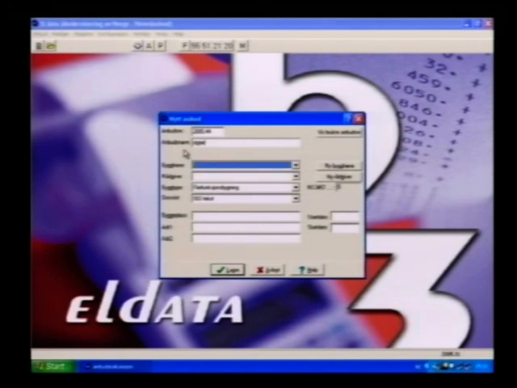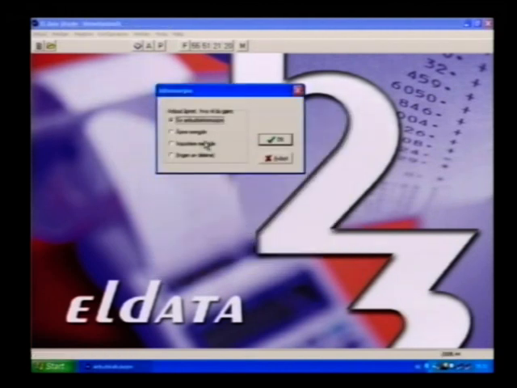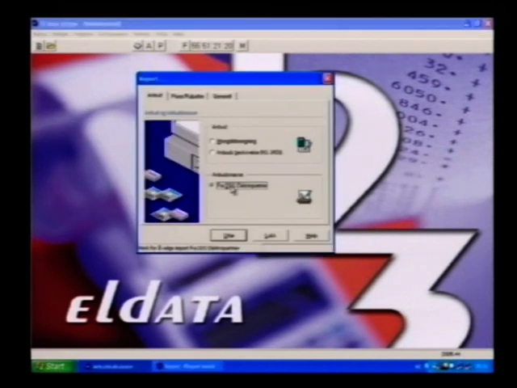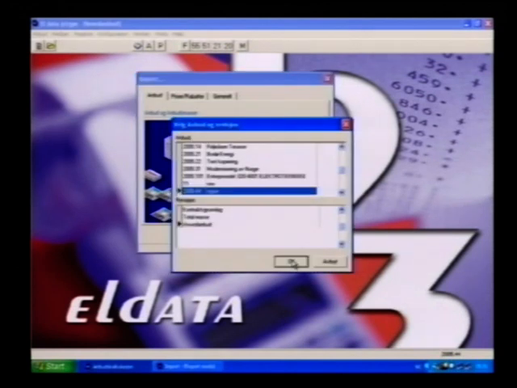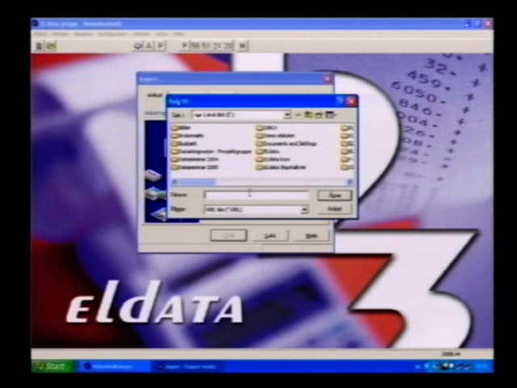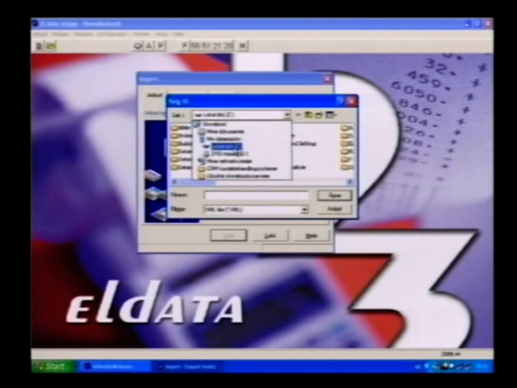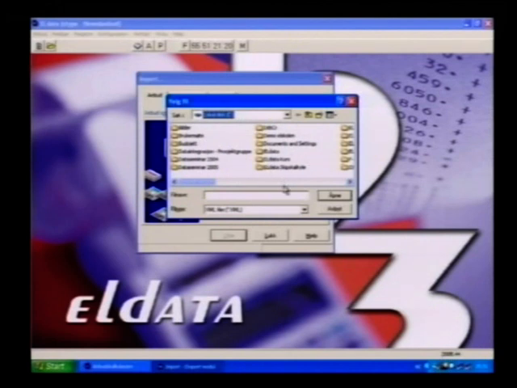First, I create a new project. With some general thing. It's not important what I call it now. And then I will import the file from